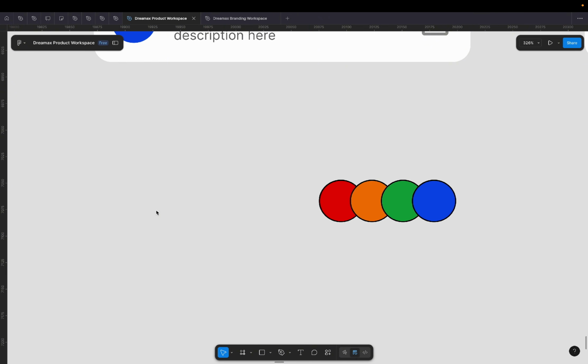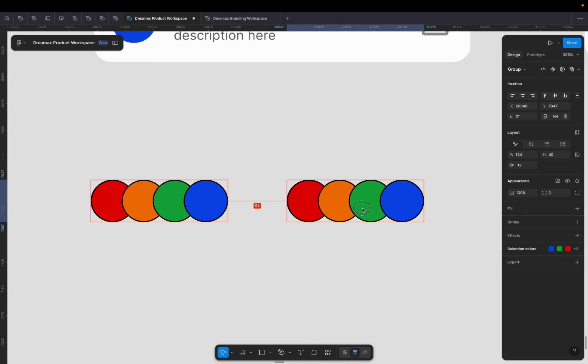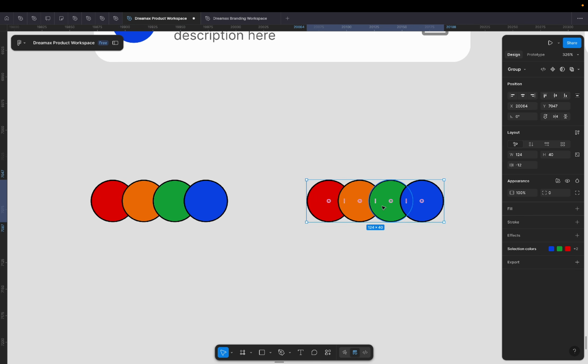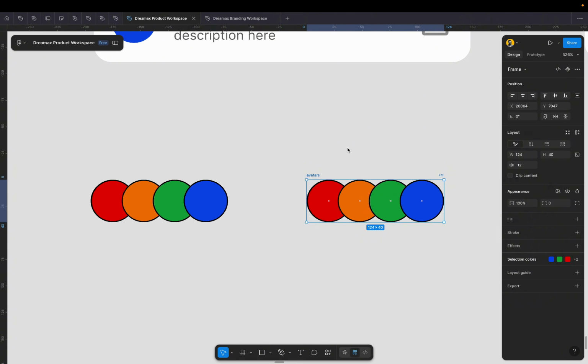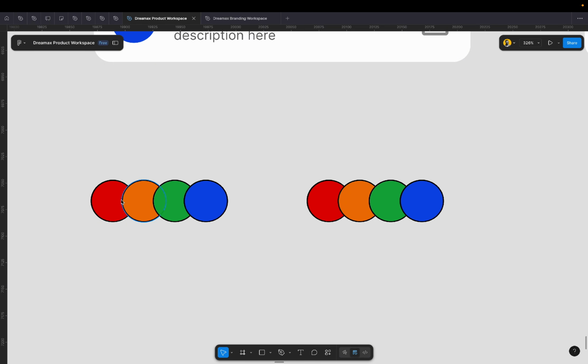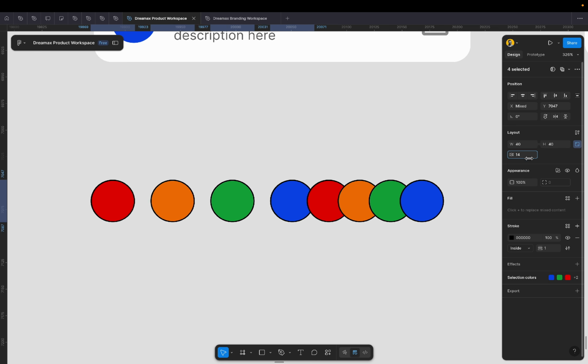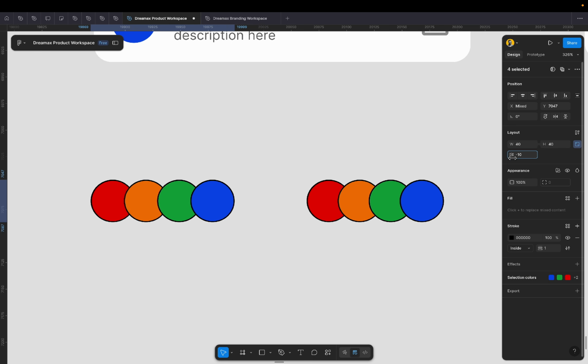So this is for group, and this is going to be for auto layout. I'm going to break out the group and remove the frame, and do the same for this. These are just a bunch of circles. You can adjust them this way. I'm using -12,